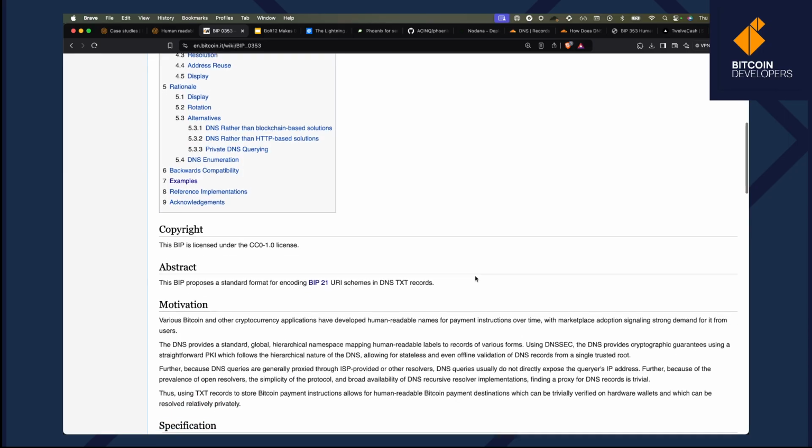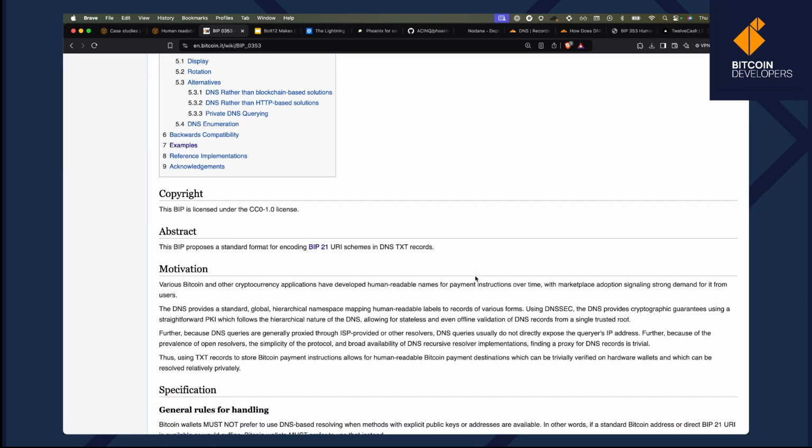But the kind of motivation behind this was various types of Bitcoin applications and other cryptocurrencies for that matter have kind of adopted this kind of human readable payment instruction format. And so it has signaled pretty strong demand from users in the space, and it seems to be something that users are comfortable with at this point. But